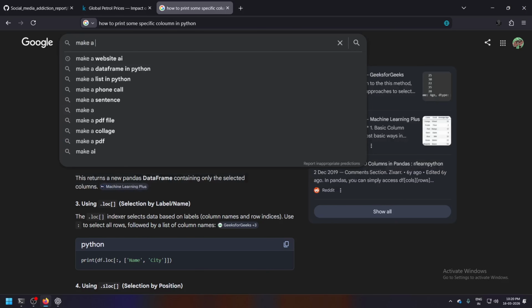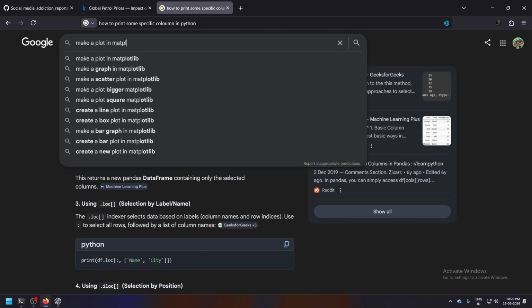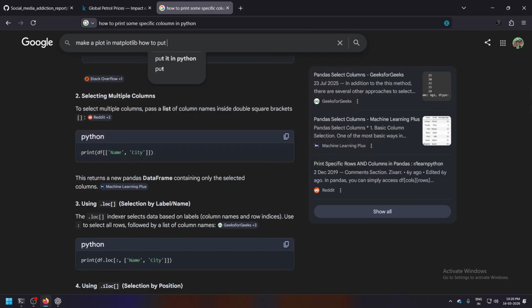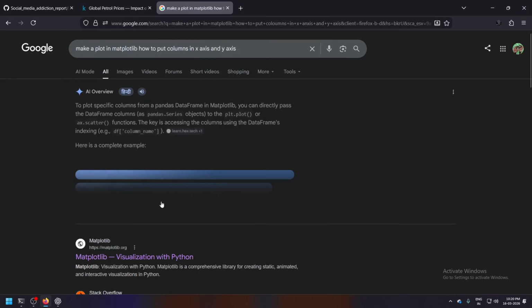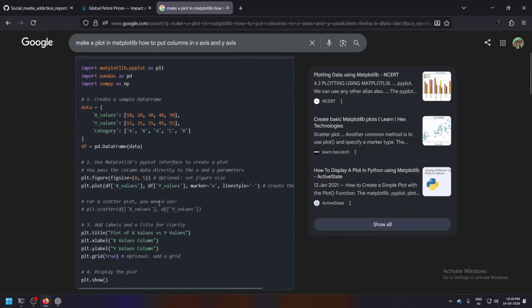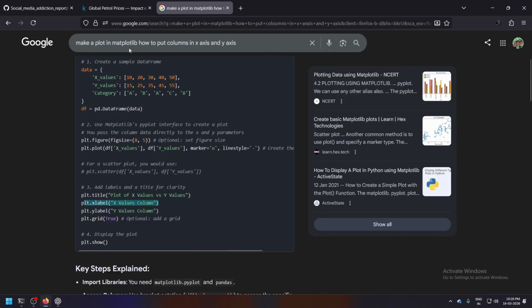Make a plot in MATLAB. How to put column in X axis and Y axis. So it would show me something. Yeah, that's what I was thinking.